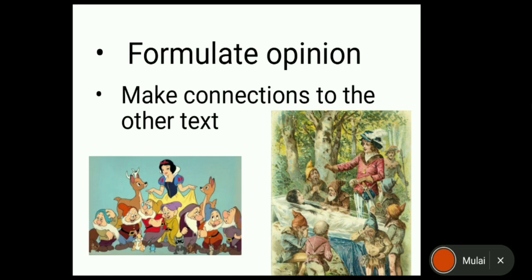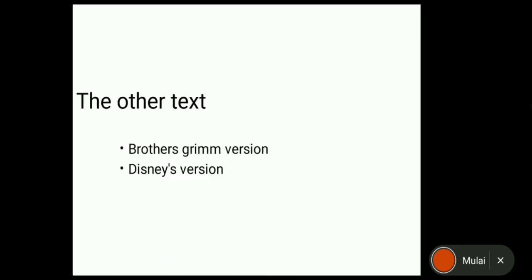Next, the way the queen dies is not too epic for me. So the queen's action that is very cruel to Snow White is not comparable with the action, I think. Well, so the last is that I want to make a connection with the other text. So as I said before, I think there are many differences from one text to another text. For example, the Brothers Grimm's text with the Disney one,